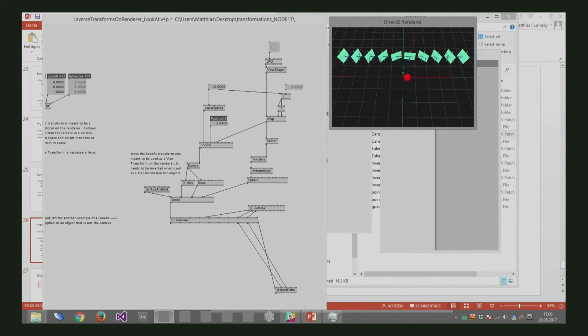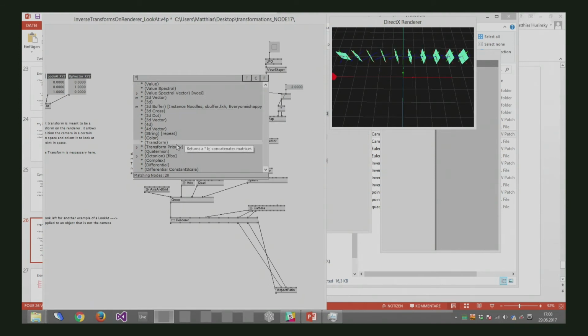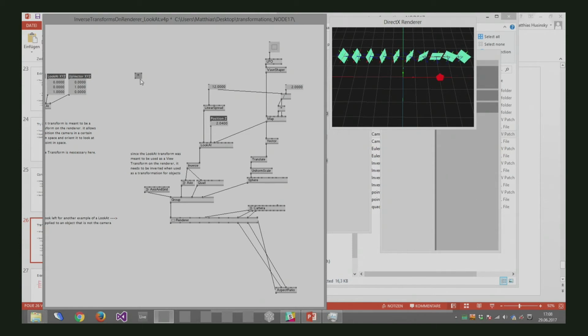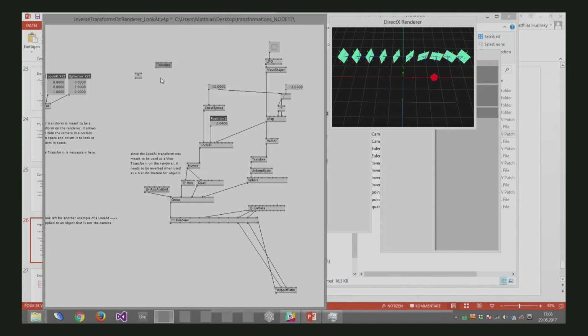And when talking about the theory behind, I completely forgot one of the very important nodes that you might not have used until now, which is this multiplier of type transform. Does anyone use this node? Because multiplier transform is basically the same as when you chain up some transforms this way. For instance, the translate, a rotate,